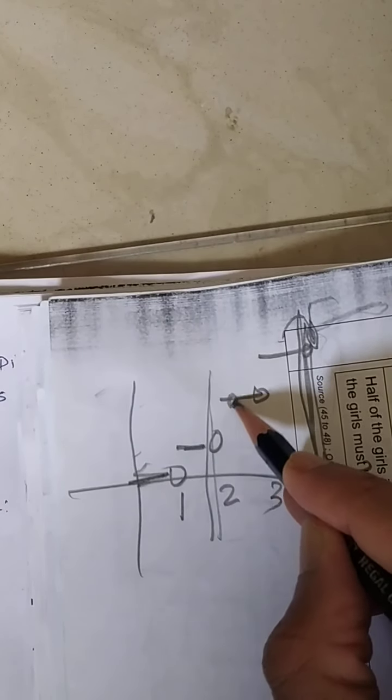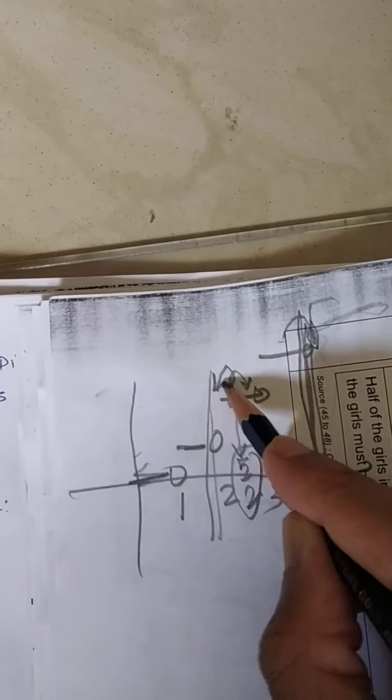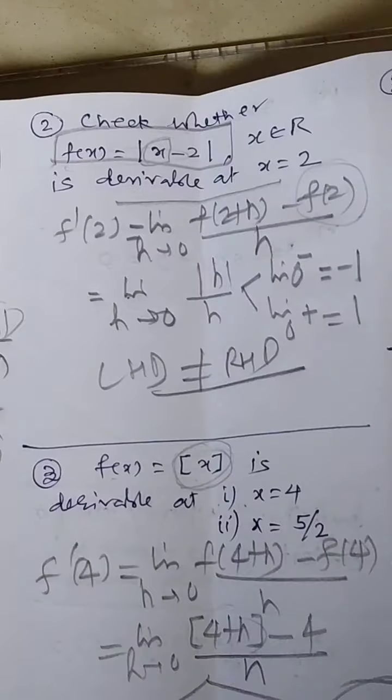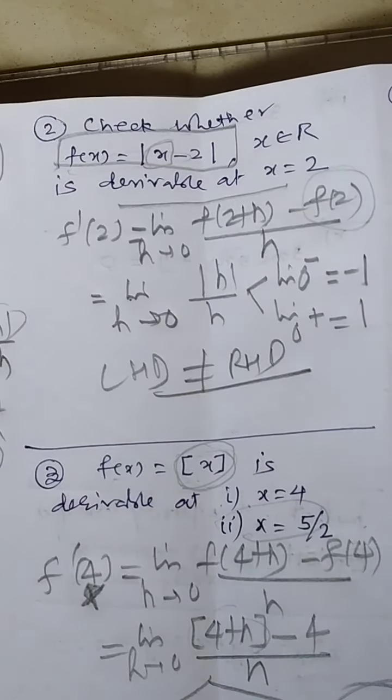Okay. So where will be the possibility? For an integral point there is no issue. Suppose I am talking about 5 by 2 as the point. 5 by 2 positive is also 2, 5 by 2 negative is also 2. So all functions which are greatest integer function are derivable at non-integral points and not derivable at integral points. So the second question which was asked over here at 5 by 2, if you proceed the same thing by replacing here with pi by 2, then you will get left hand derivative and right hand derivative. Just quickly try for that and then we'll talk about further concepts.